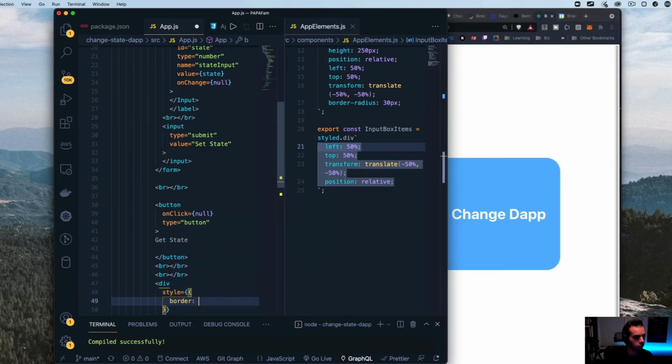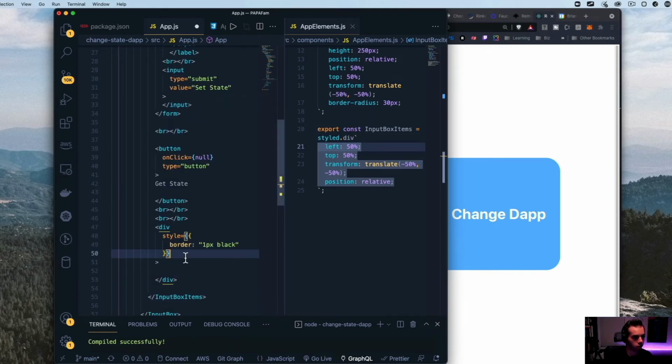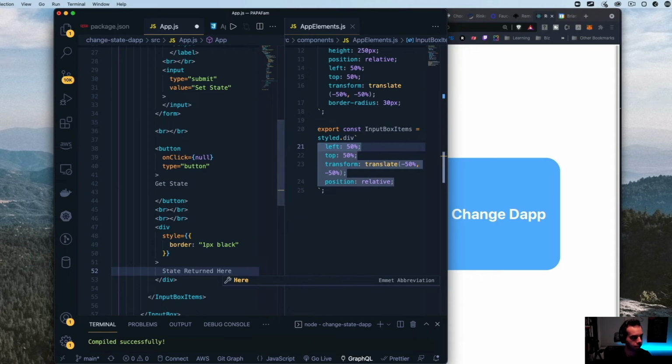So we're just going to say border, 1 pixel black. And that's enough for the styling. And then this is just going to return the value of the state. So we'll just say null for now, but we can actually just say, let's say like state returned here.